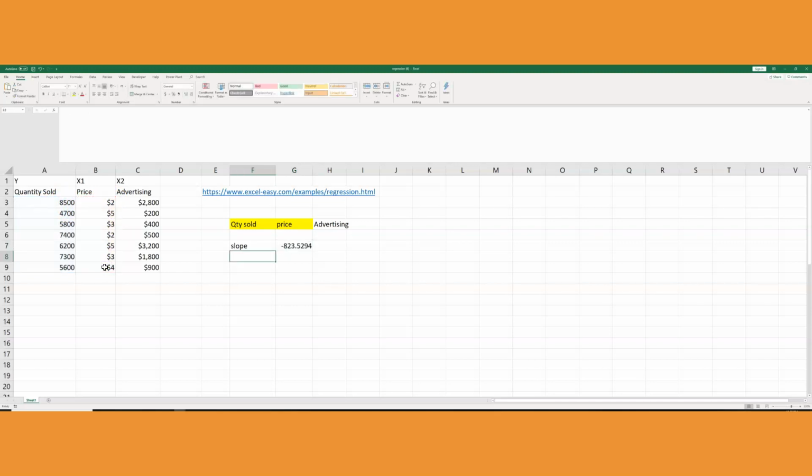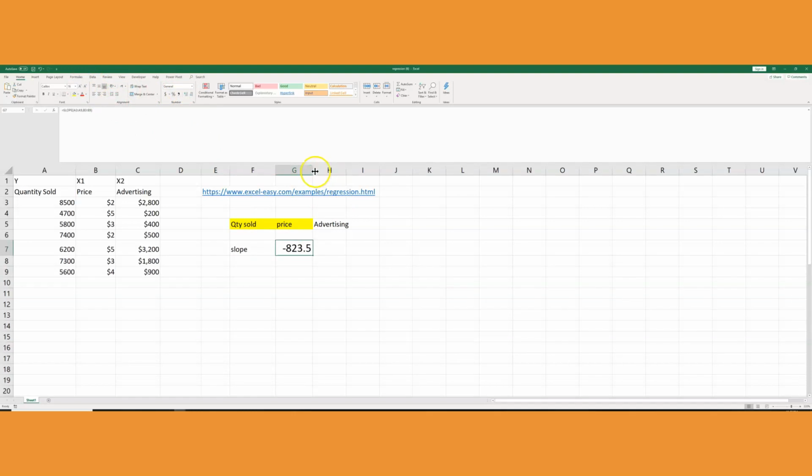And here we go. Slope, notice it is going to be a negative value, indicating that the relationship between the two variables, quantity sold and the price, is negative due to the fact that the slope is negative, meaning that's an inverse relationship between the two. So it is, and I'm going to go ahead and round the value to 2 digits to the right of the decimal point. I'm going to go ahead and do the intercept